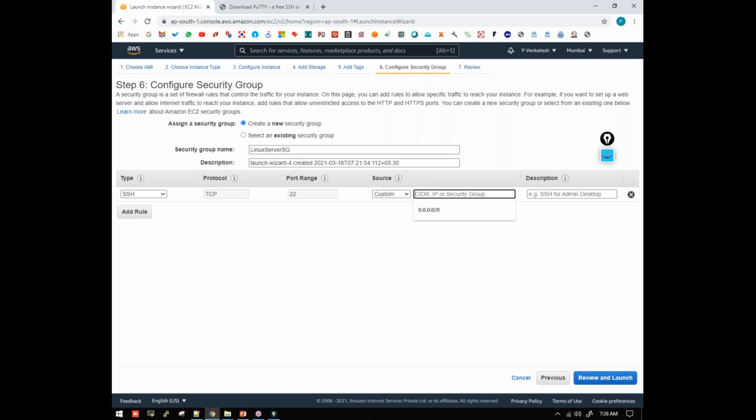Got my point? The networking team person will give us the IP address range, the subnet. That subnet has to be mentioned here, and the IP addresses that come under that subnet, those laptops, will be able to connect to this Linux instance.